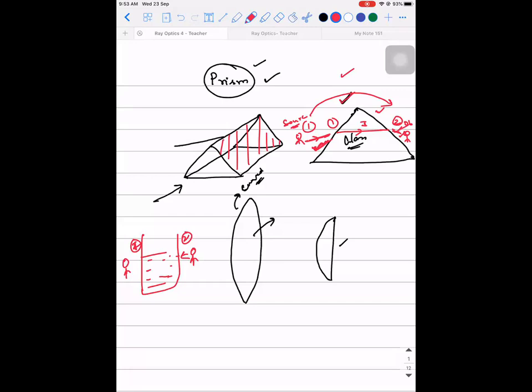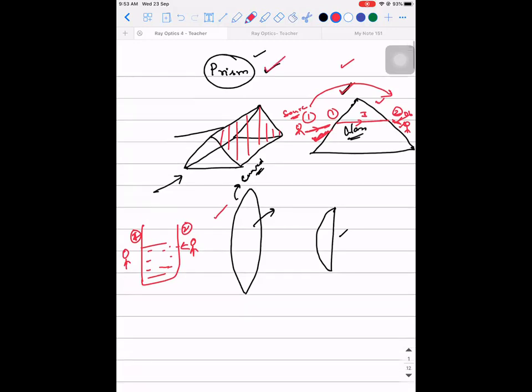Anyways, if you have a material, what material? A transparent material where at least two refracting surfaces are planar in nature. I didn't use the word inclined. Don't get confused. I never used the word inclined. I'm saying two refracting surfaces are planar in nature. I'm only concerned about its shape, whether it is a plane or a curved surface. If one of the surfaces is curved, then I'll call it a lens. If both the refracting surfaces are planar in nature, I'll call it a prism.